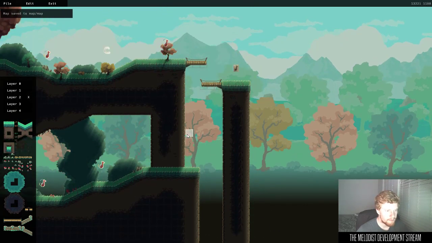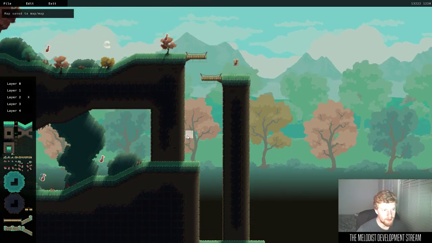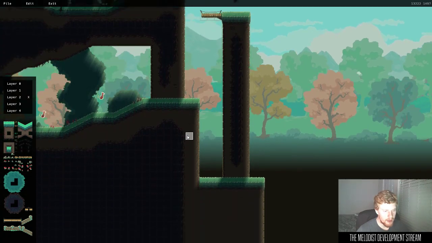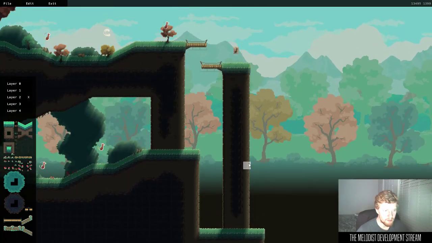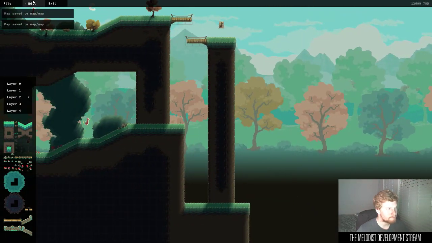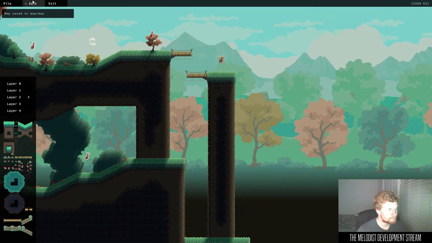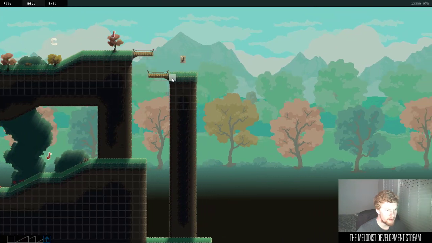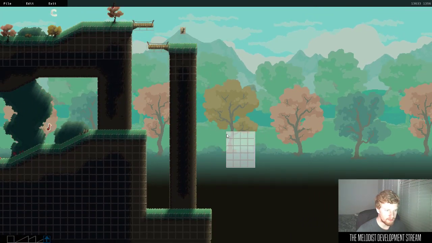Let's do that. And that looks pretty nice. I mean, this needs to be decorated, but I won't worry about that just yet. Let's make another platform just to sort of fall down to, and then further. Maybe a little bit more like right there, and then maybe there's something hanging off right here that the player can jump to. So